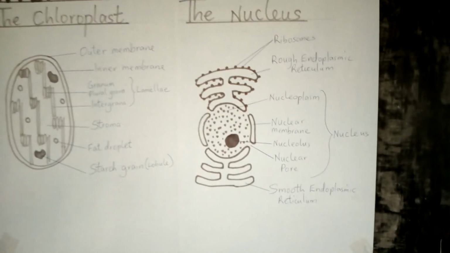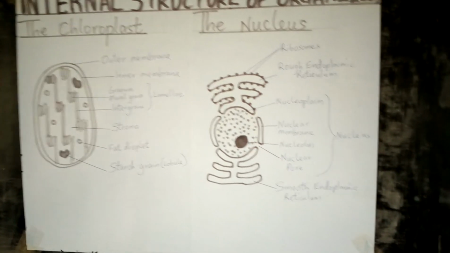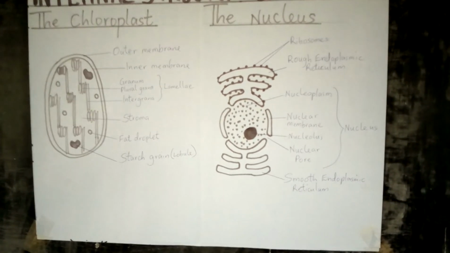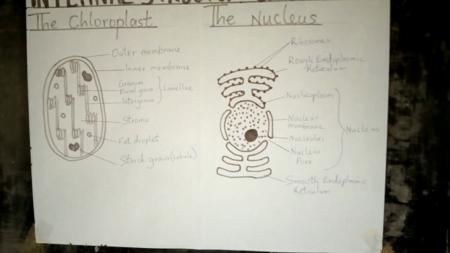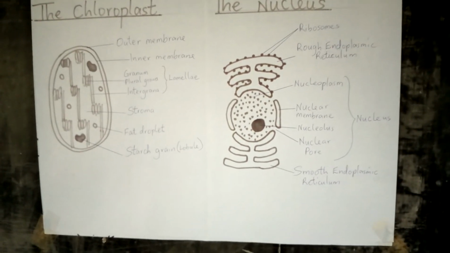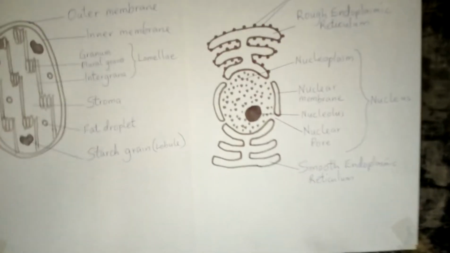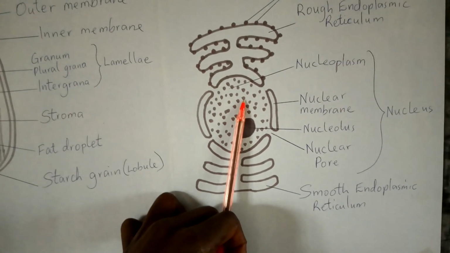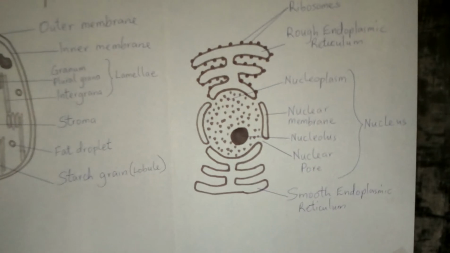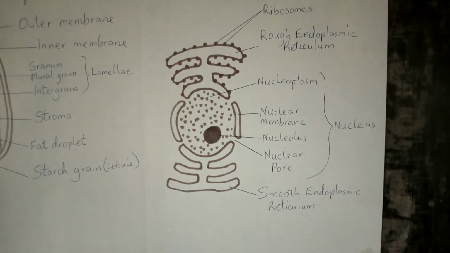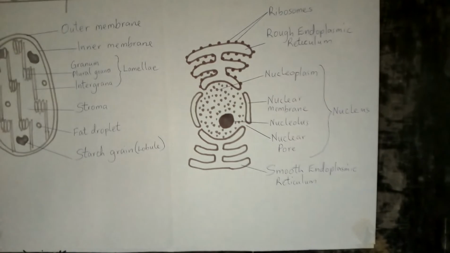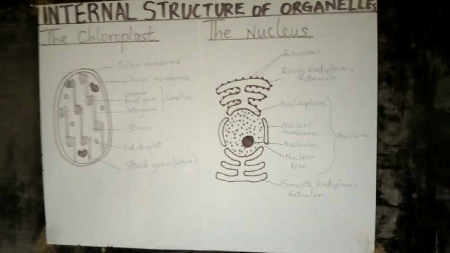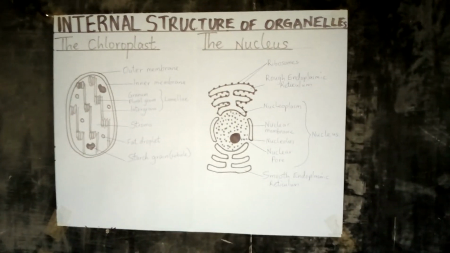Functions of the nucleus may include controlling all activities of the cell, that is the first one. It may also take part in the process of ribosomal synthesis, meaning it synthesizes ribosomes. I think you can even see the position of these ribosomes. It is just found onto the rough, meaning they are secreted from here and they are attached directly to the rough endoplasmic reticulum. Another function, the third function of the nucleus, is carrying hereditary material from one cell generation to